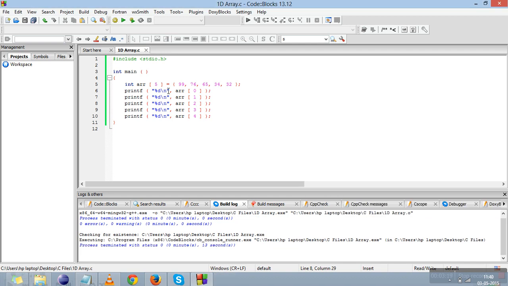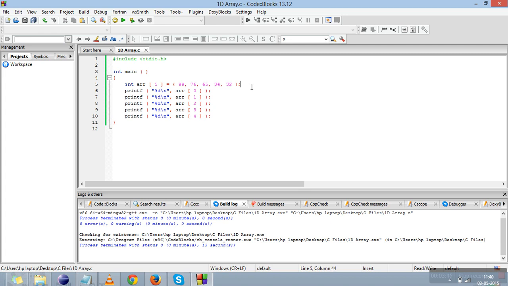One thing you need to remember here, do not confuse the size and the index. This is the size, that 5 elements will be stored in this array, and these are the indexes: on 0th index there is 99 stored, on first position there is 76, on second position there is 65, on third position there is 34, and on fourth position there is 32. So these are 5 values: 0 1 2 3 and 4.